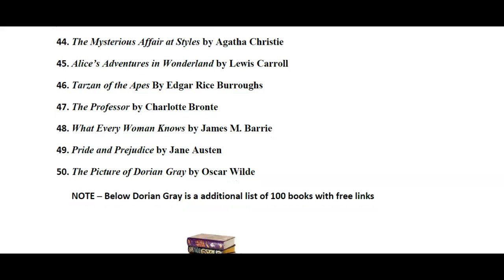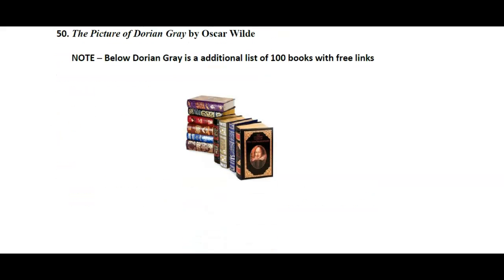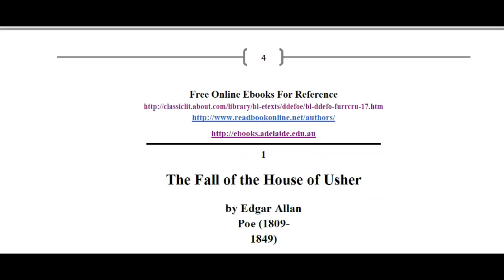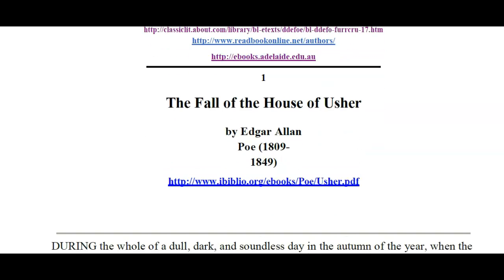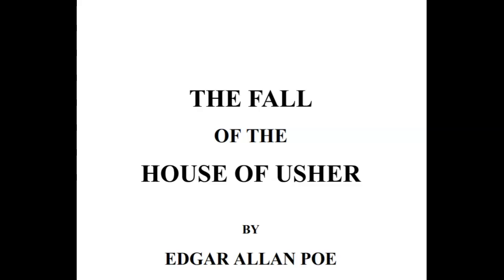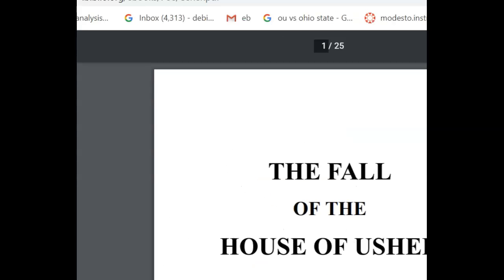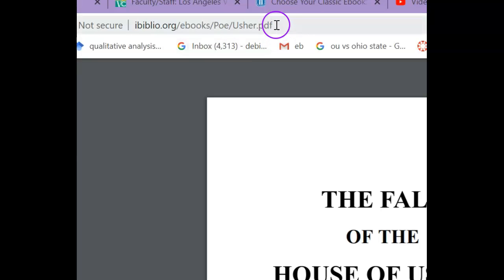Believe me, I have chosen only the very best classic literature choices for you to peruse. And as you can see, for each title, I've included links that worked. At least they worked while we were doing this. Now, the links change, as you know, so you can still go and search for it. So let's try this one. That link worked, and I opened it up in a PDF. And of course, when I create the citation, I will go up here and use this URL to cite my source.